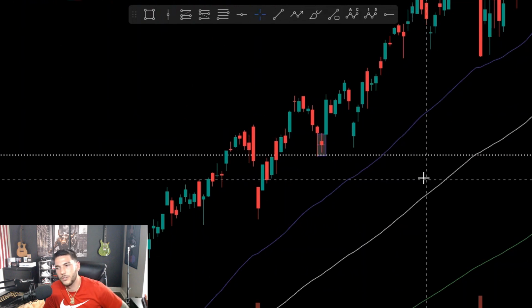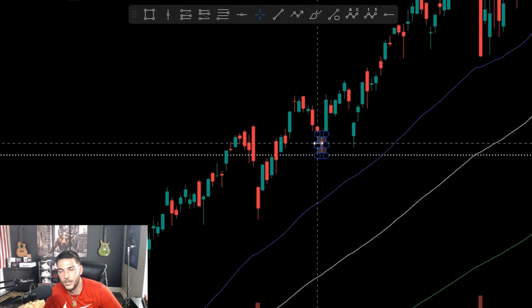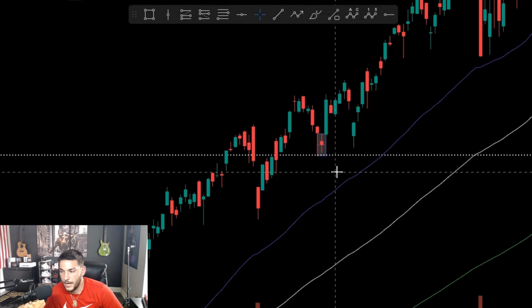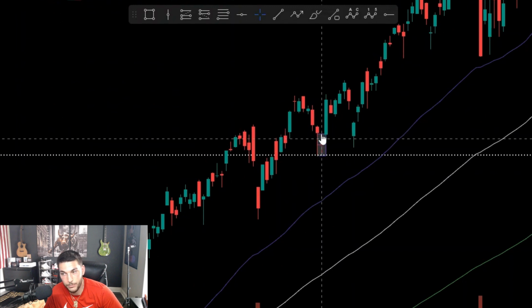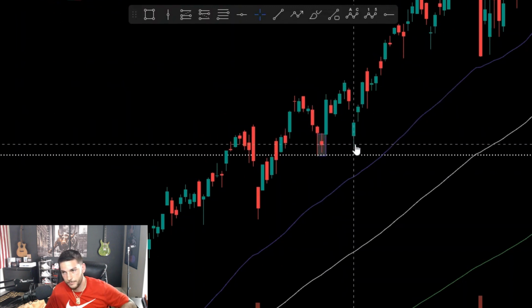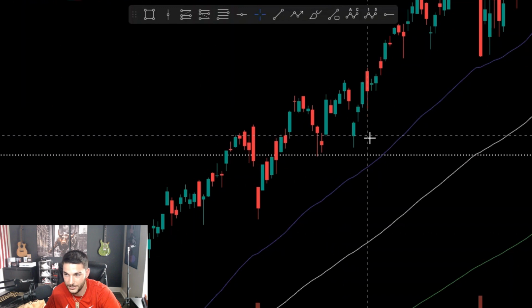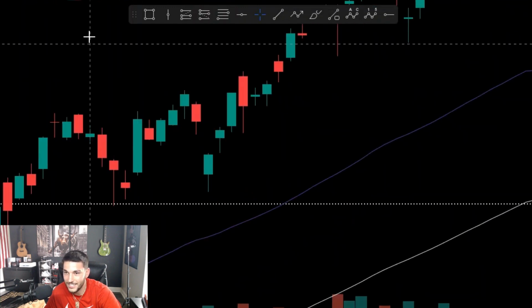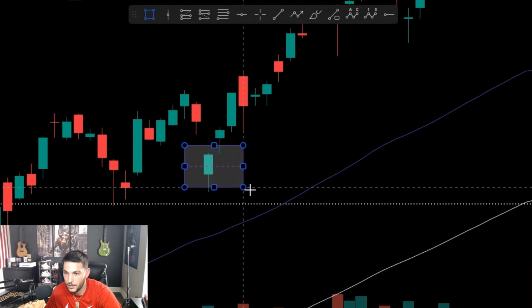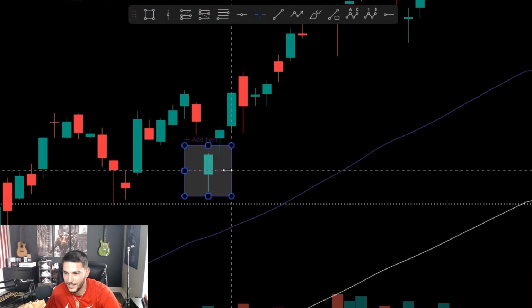I probably want to wait for a little bit more confirmation on a better day. Now, here on this retest, it pushes up and it comes back down. Now, this candle, what's this candle? You can see that this,